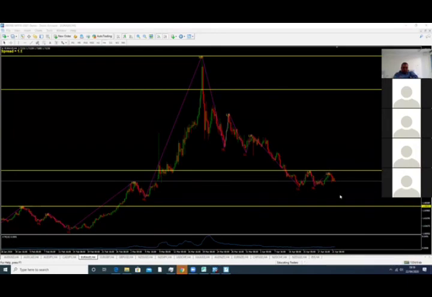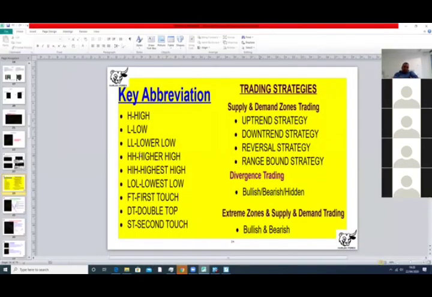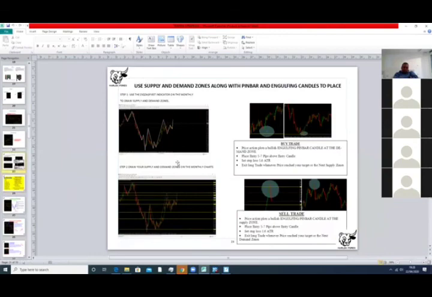If you look now, guys, we know this is a resistance level where the market might turn around. We know this zone is also a resistance level, and this could be a possible resistance level too. I want to say supply, where we've got too much of something. Now, what is happening here? The market pulls up and then comes down. Let me show you how simple this is. If you see HH, that says higher high, the highest high. Now let's go into a bit of theory here. Okay, right. I also use this